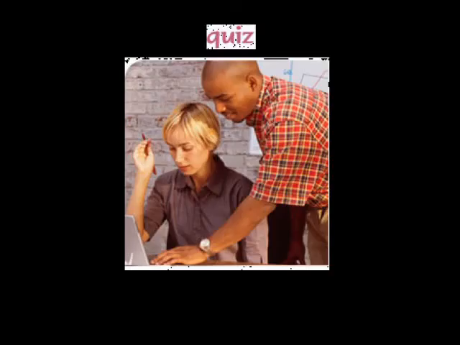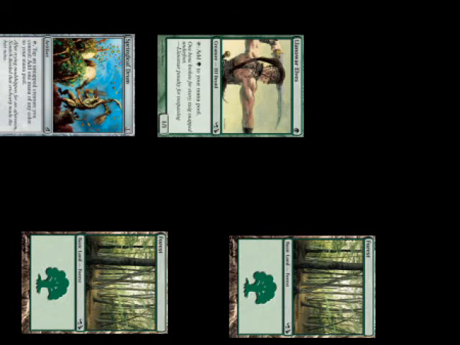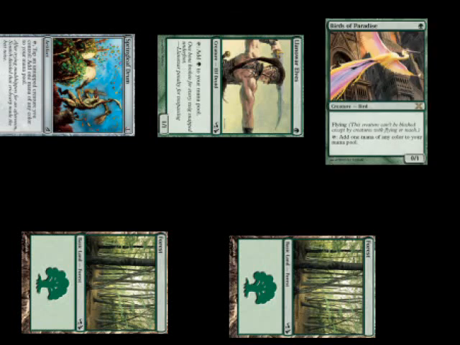So as I promised, I'm going to do a quiz right now. Imagine it's your second turn and you have 2 Forests in play and you have no other permanents in play. You tap your first Forest for green mana and use your green mana to play a Springleaf Drum. Springleaf Drum goes into play. You tap your second Forest and you put a Llanowar Elf into play. Now, here's the question. You want to tap the Springleaf Drum and a Llanowar Elf to produce green mana so you can play a Birds of Paradise. Are you able to do this?